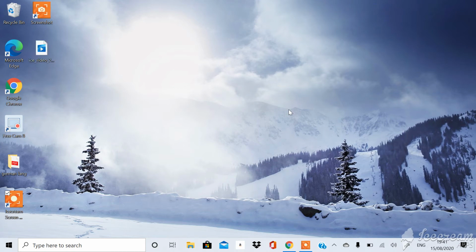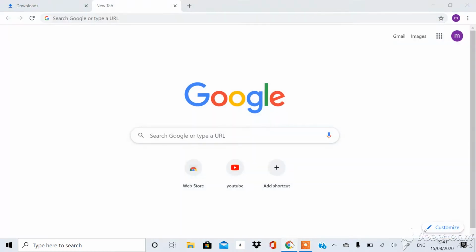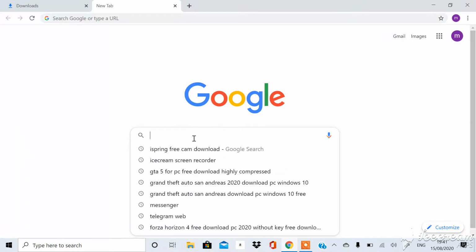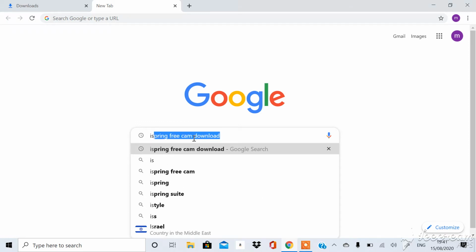Hi, welcome everyone. Today I'm going to show you how you can record your screen. Very easy, and it's going to be a very easy way. Actually, there are many ways that you can make it, but today I brought you one of the easiest ones. The thing is, you just have to connect to Google and open iSpring